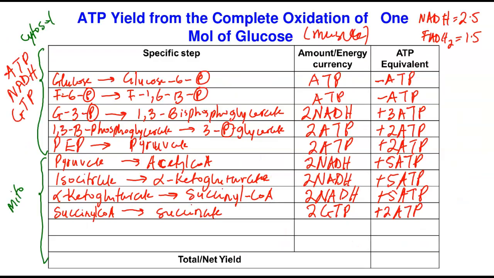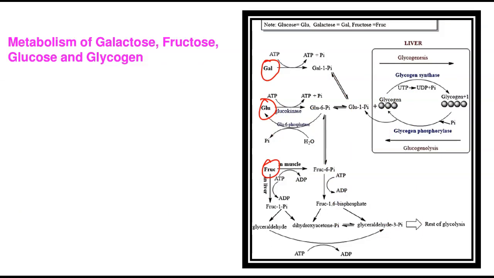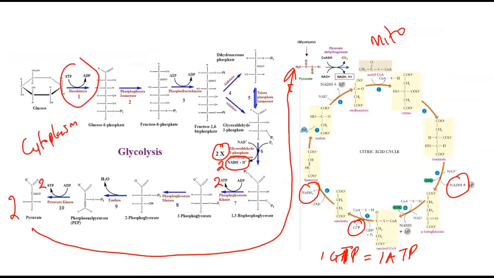So it's going to be from succinate to fumarate. We generated 2 FADH2. FADH2 only appears once in the citric acid cycle. And because there are 2 of them, remember, it is 1.5 ATP each. So 1.5 times 2 gives us plus 3 ATP. And then we go back again.